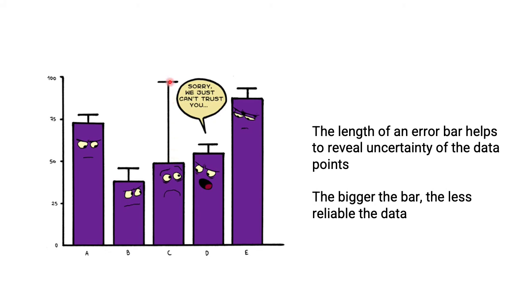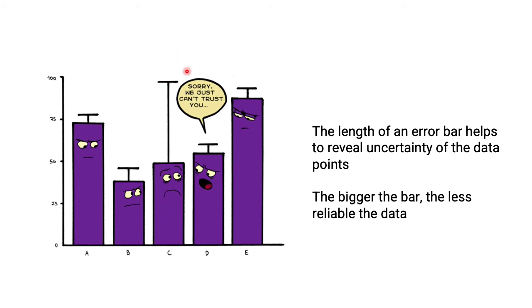The standard error bar, the standard deviation bar, shows that the individuals in the population are pretty far from the average. The more variation that you have within a population, the less reliable the data. And that's why in this meme it says, "Sorry, we can't just trust you." Meaning that